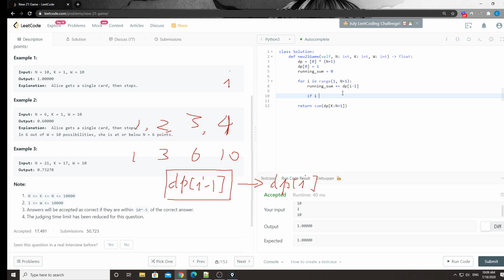Okay, yeah, if i minus 1 minus k is equal or greater than 0,